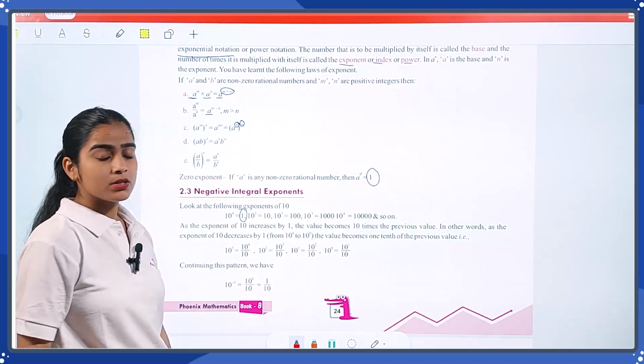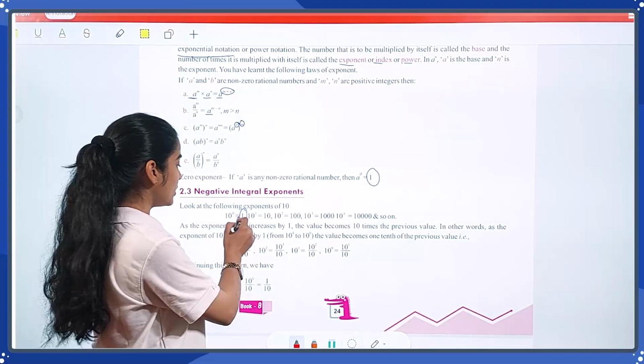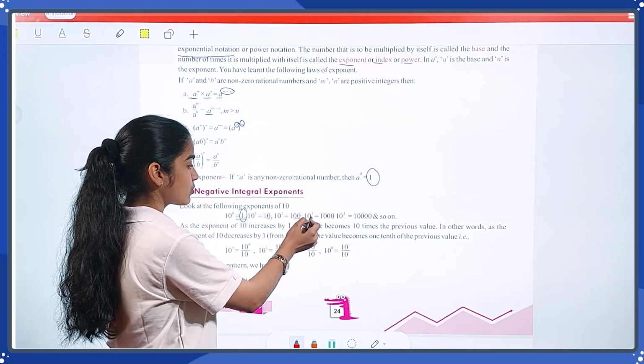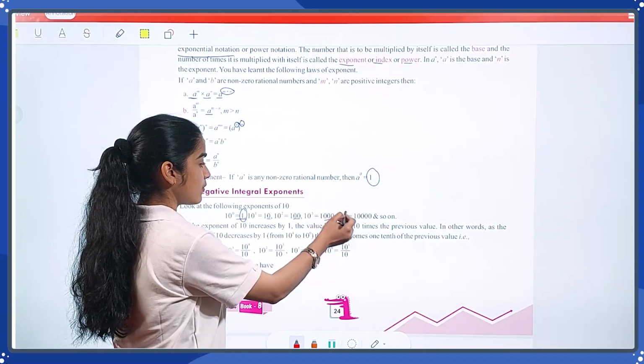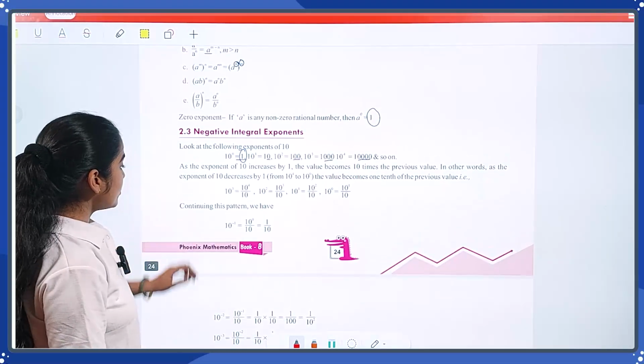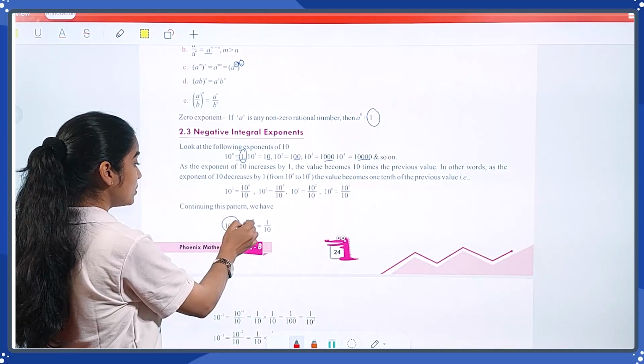So, as the exponent increases, 10 raised to the power 3 is 1,000, 10 raised to the power 4 is 10,000, with 4 zeros. You can simply say that. Okay. Now, continuing this pattern, we have 10 to the power minus 1, which means 10 to the power 0